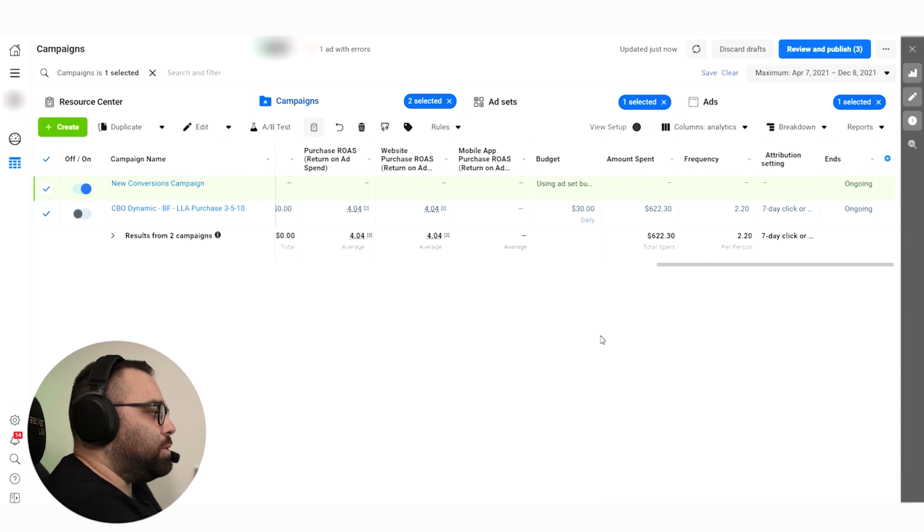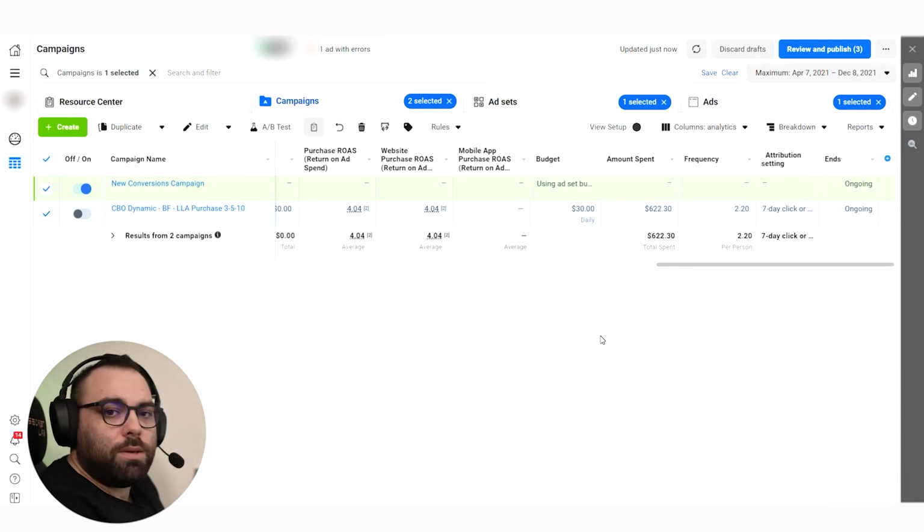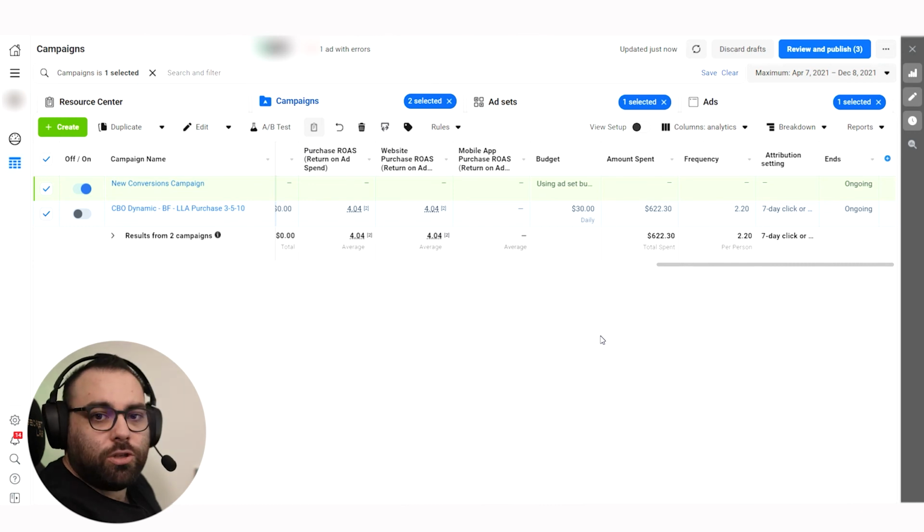Why? Because if you continue spending on this campaign gambling, or because you are insecure about a new campaign and you're afraid that it's not going to work, what is going to happen is that in the maximum results, as we can see here, we have 4.4 ROAS. The more we keep going with this campaign that has less data and it's not optimizing, the more this profit that you have made in the maximum period is going to start dropping. And basically after this point, you're just losing from your own profits while we are here to make money and not to gamble or lose.